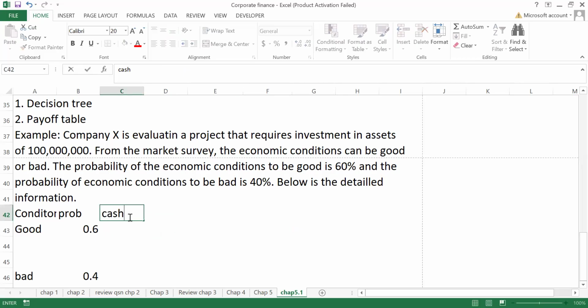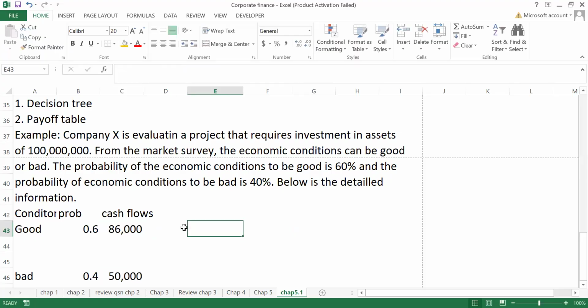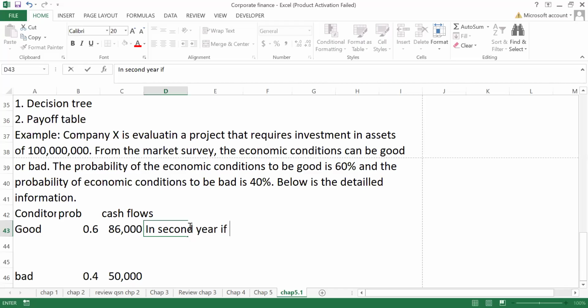These are cash flows. It can be 85, 86. It can be 50. Then in the second year, if the economic conditions are good,